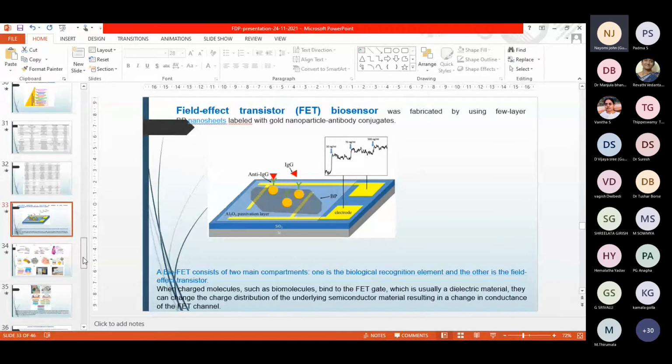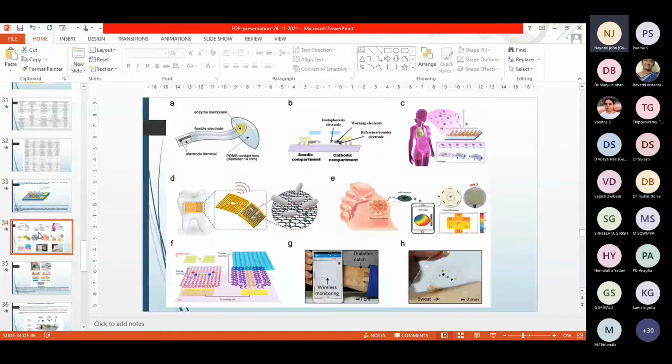Biosensors are being used even in the form of contact lenses. Nobody can even imagine that it can be used as a biosensor. And the patches, all the components, you need to have a biorecognition element, you need to have a transducer, all are embedded in this small patch. And here breath analyzers, which are very widely used as biosensors, and biosensors impregnated on the teeth to detect microorganisms, or on the foot, or wrist patches to determine diabetes